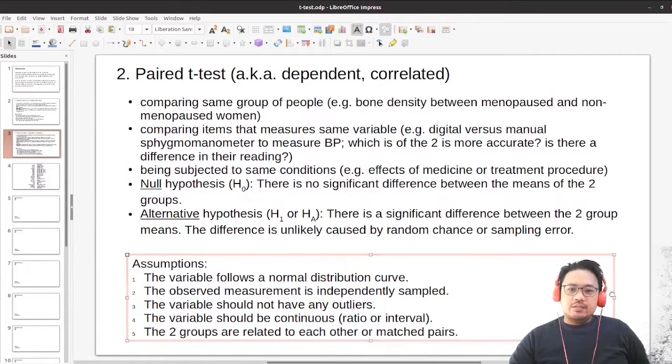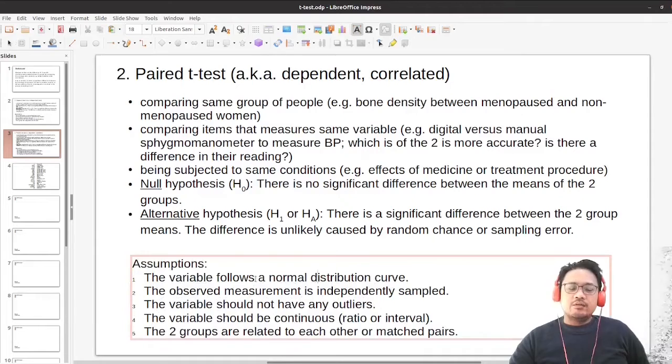Just like the unpaired test, we also have assumptions with the paired t-test. The variable follows a normal distribution curve. The measurement is independently sampled. The variable should not have any outliers. The variable should be continuous, ratio, or interval. And the two groups are related to each other or matched pairs, just like the group of women in our